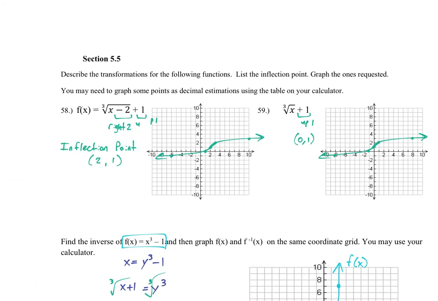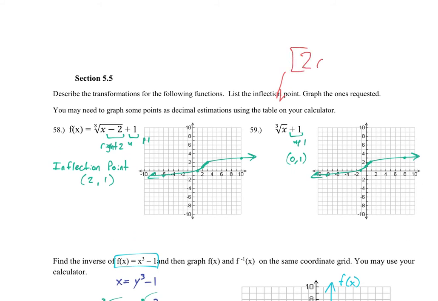For the cube roots here, it says describe the transformations, list the inflection point, graph the ones requested. You may need to graph some points as decimals, estimations using the table on your calculator. So what I did to graph these was I typed them into the calculator, and you can do this from a parent function perspective as well, but a lot of times we'll just get these guys typed in and then go to the table, because it mentioned the table, we get to the table by pushing second